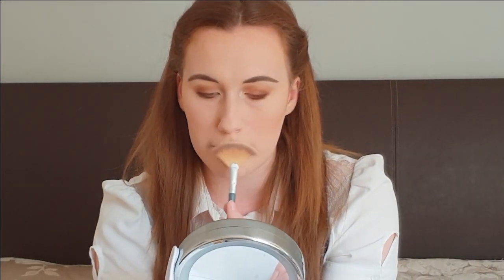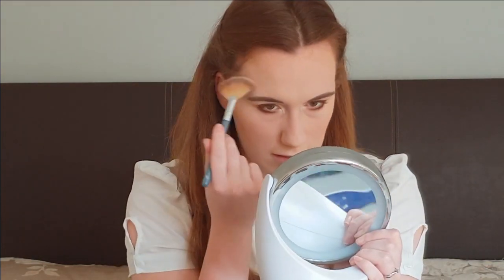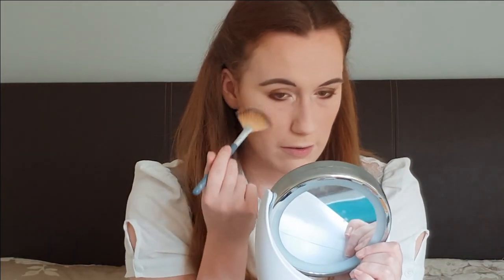You can see it, yeah, looks good. And then I just use the two lighter shades again just to highlight my Cupid's bow. Makes your lips look a little bit fuller. And then tip of my nose, and then just above the eyebrow a little bit as well. Actually, that's just reminded me, I also like to highlight my brow bone, again using those two lighter shades on